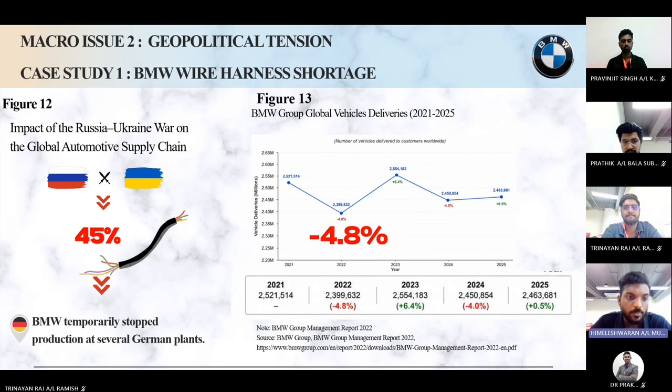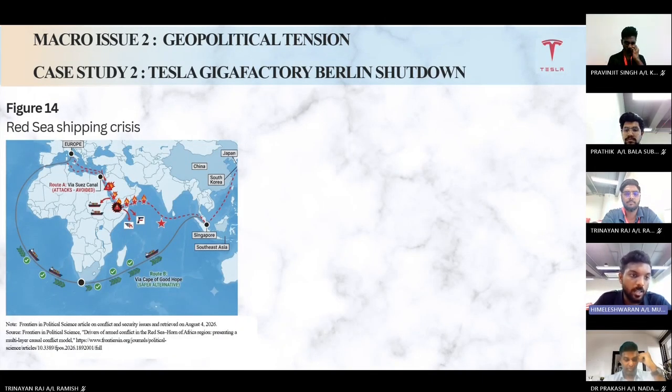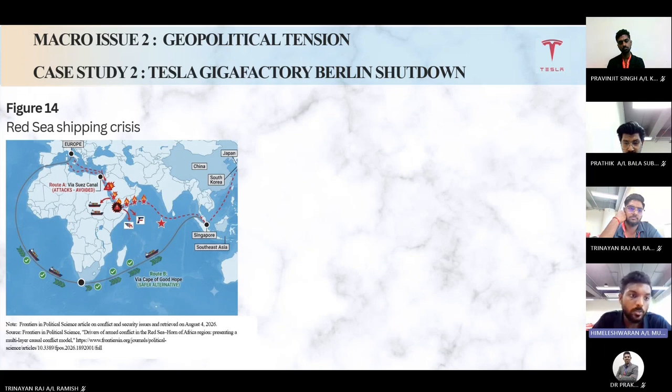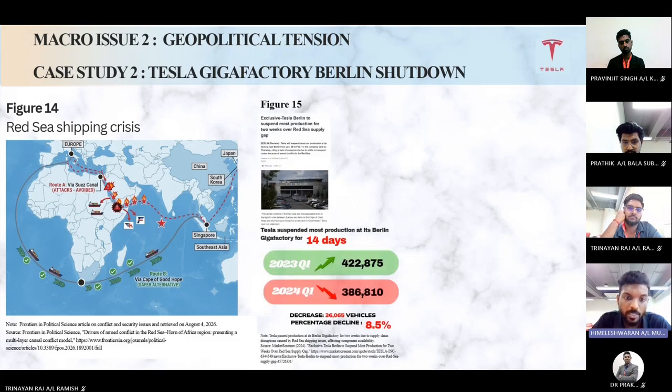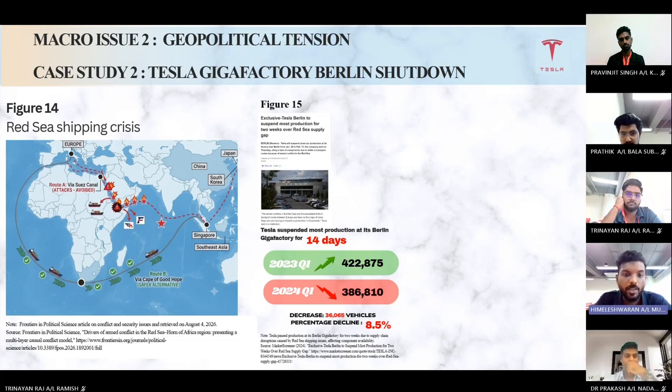Moving to the next slide. Now look at the Red Sea crisis and Tesla. Attacks on commercial ships forced shipping companies to avoid the Red Sea and Suez Canal. Instead, ships had to travel around the Cape of Good Hope, adding around 2 weeks to the journey. Tesla relied on parts shipped from Asia to its factory in Germany. Because of this delay, Tesla temporarily stopped production at Gigafactory Berlin for 14 days, from 29 January to 11 February